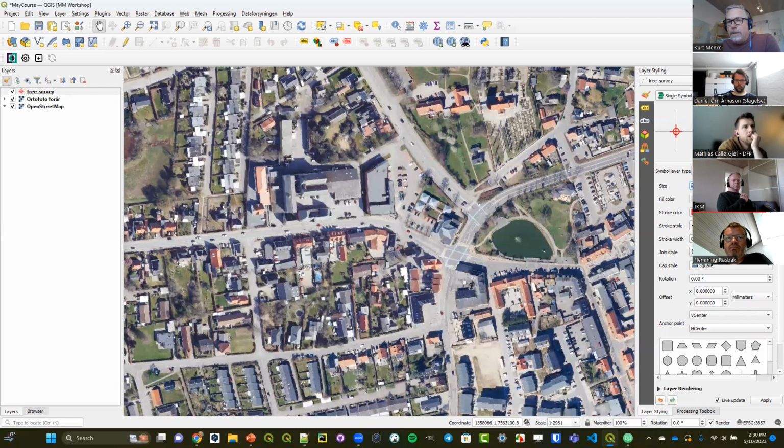So now I get kind of a target symbol for my trees. Save my project. And one thing we can do, if you anticipate being outside collecting data and potentially being outside of a network,